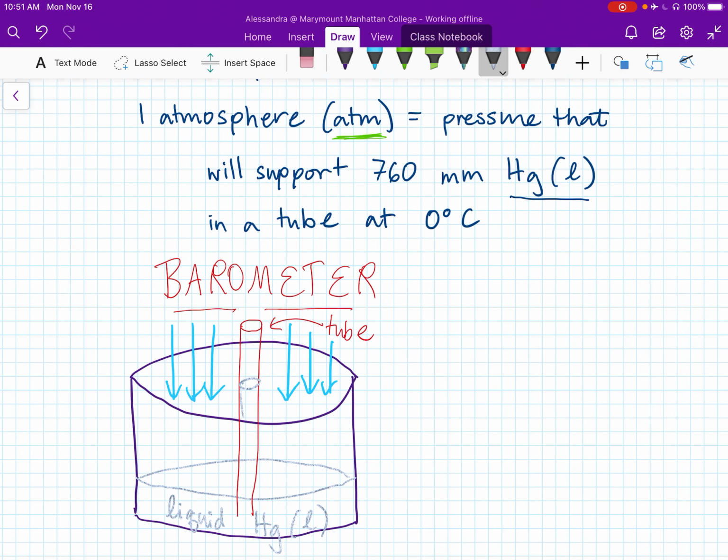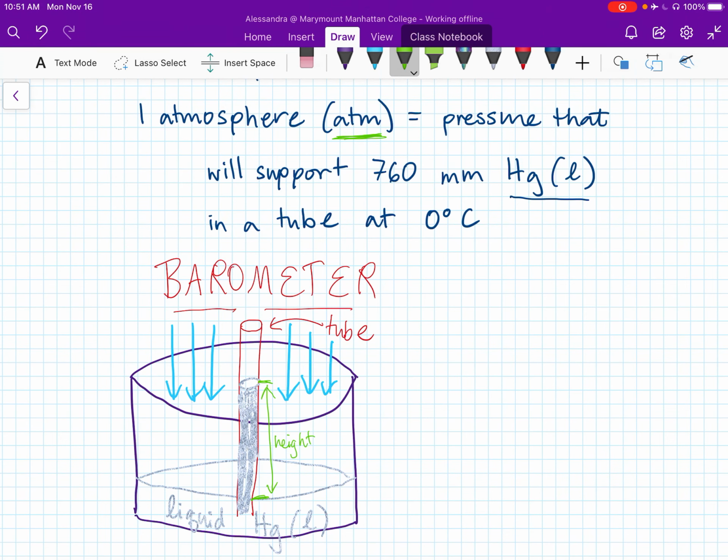So here I'm drawing silver liquid mercury being pushed up the tube in my barometer. Now, if you then measure the height that the liquid mercury is pushed up, you can measure that actual height that the mercury is pushed up,